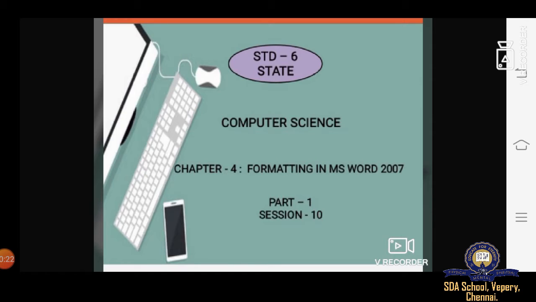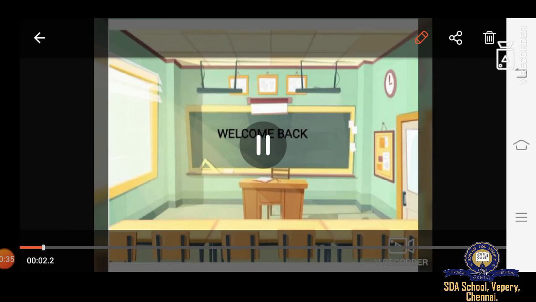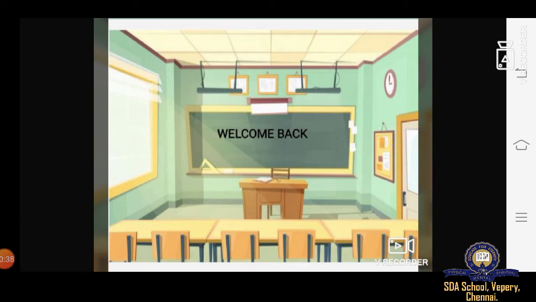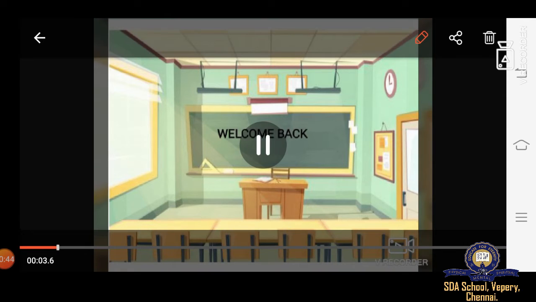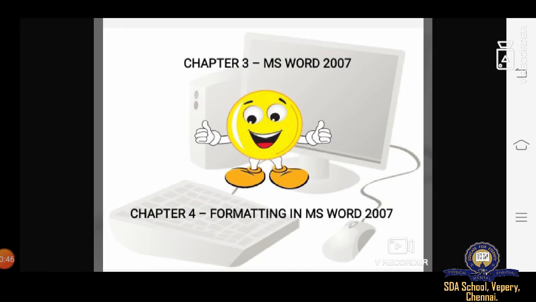Till the first term we have completed all 3 chapters successfully, and in the second term we are entering chapter 4, that is formatting in MS Word 2007, part 1, section 10. Once again I would like to welcome you all back, students, to these online classes. Again I repeat, chapters 1, 2 and 3 of MS Word 2007 we have completed in the first term, and in the second term we are going to start with chapter 4, formatting in MS Word